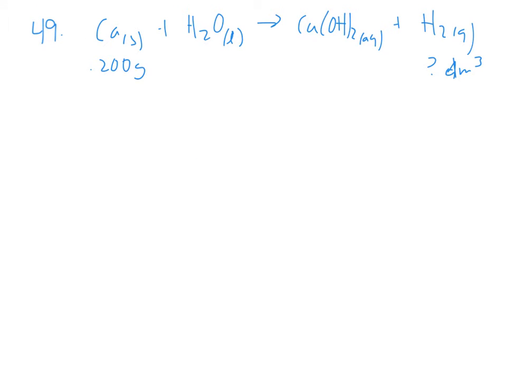So in question 49, they want to know the volume of gas produced when 0.200 grams of calcium reacts completely with water. So they're letting you know that calcium is the limiting reactant. That makes life a little easier. And they say how much gas. There is only one gas in this equation, so really they're asking for the liters or the volume of hydrogen. So 0.200 grams of calcium, if I convert that to moles, 40.08 means I have just 0.00499